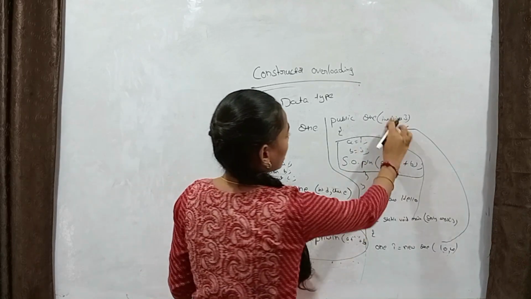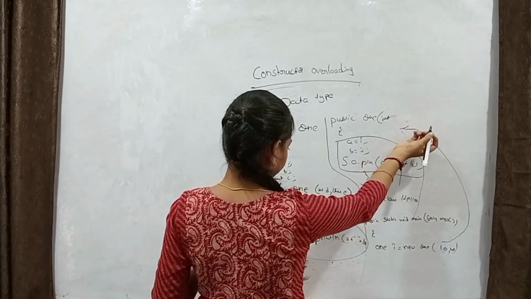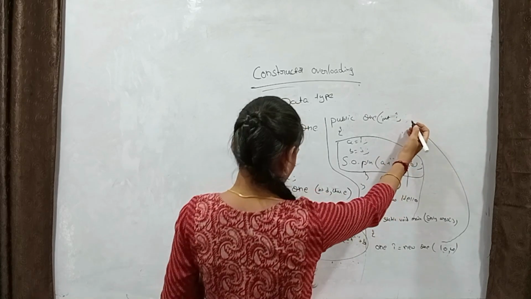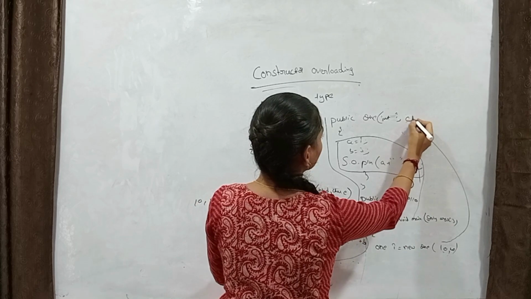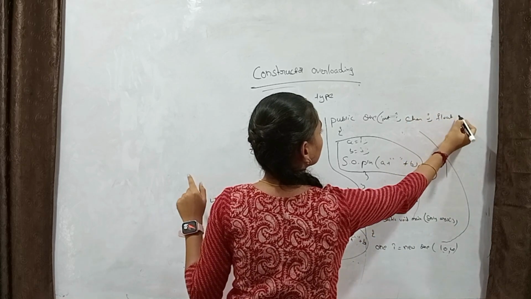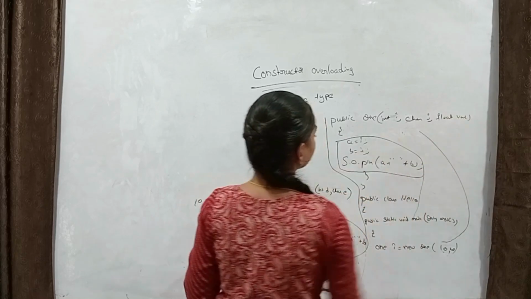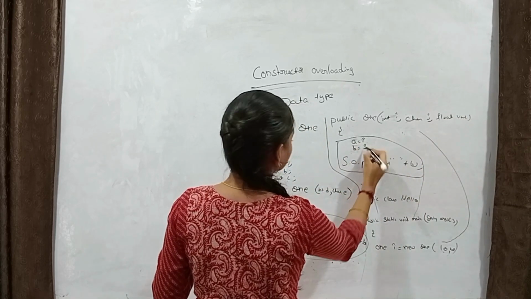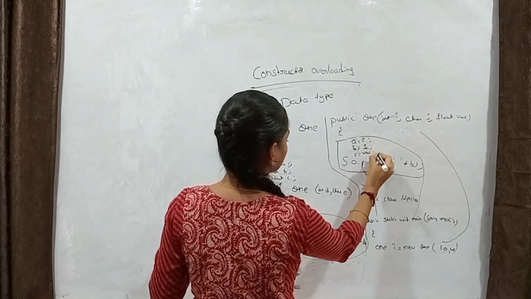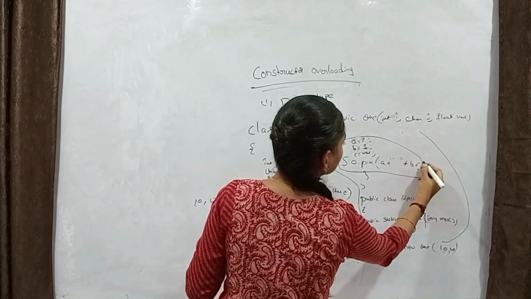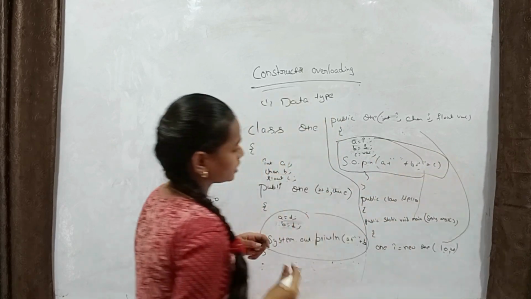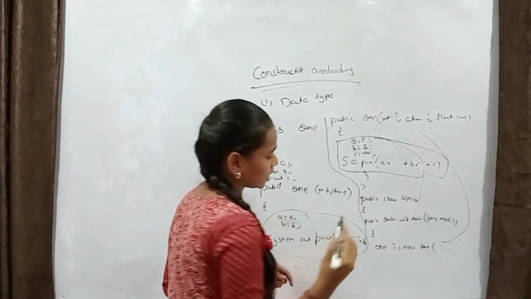And in the second constructor, I will pass three values: int i, char j, and float k. Okay. So if I pass values like this,